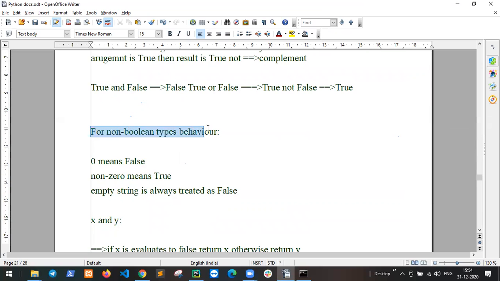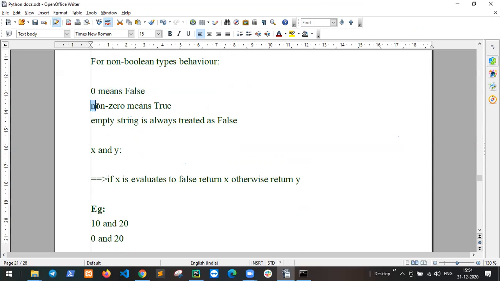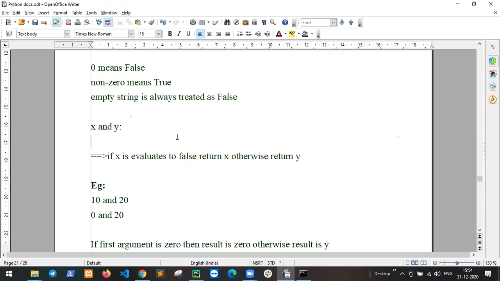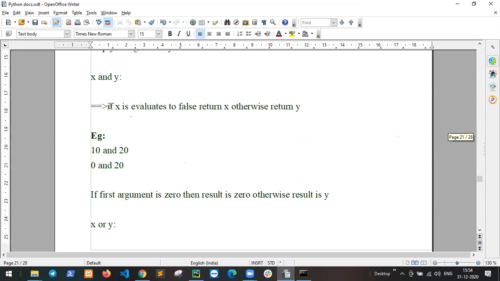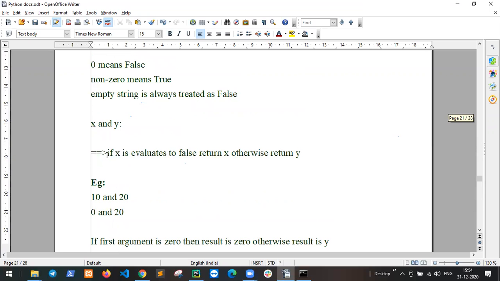For non-boolean type behavior, 0 means false and non-zero means true. An empty string is always treated as false. For x and y: if x evaluates to false, return x, otherwise return y.